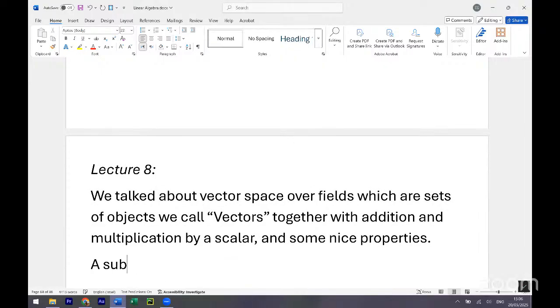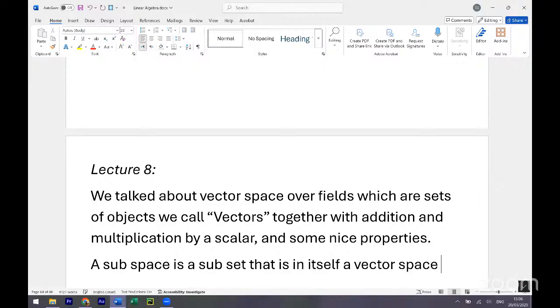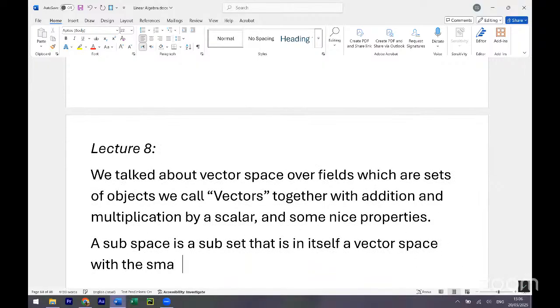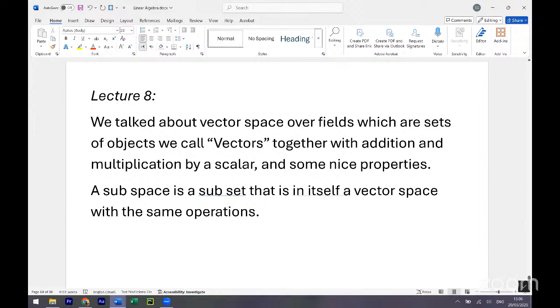A subspace is a subset that is in itself a vector space with the same operations. So our first proposition would be, and I leave it for you as homework to prove it,